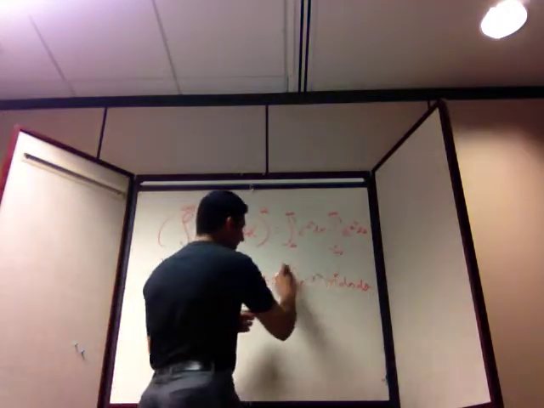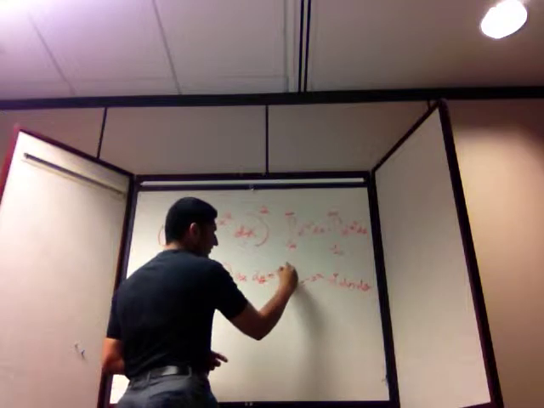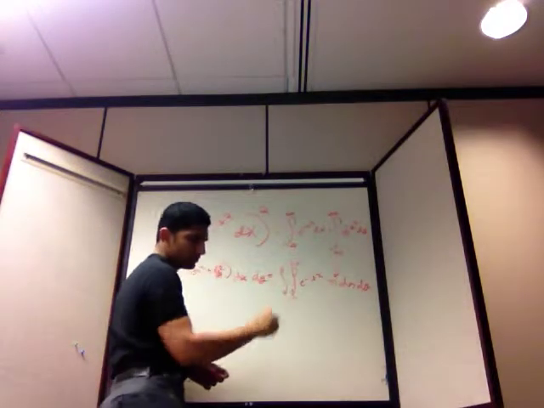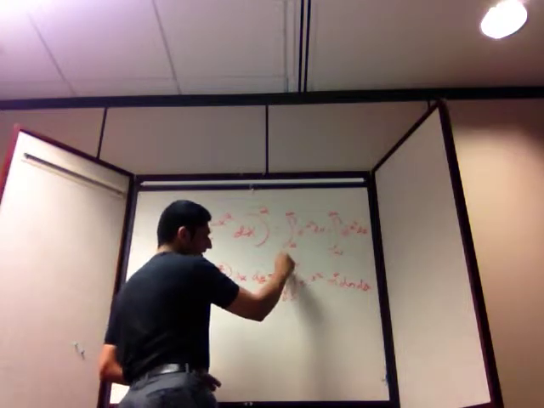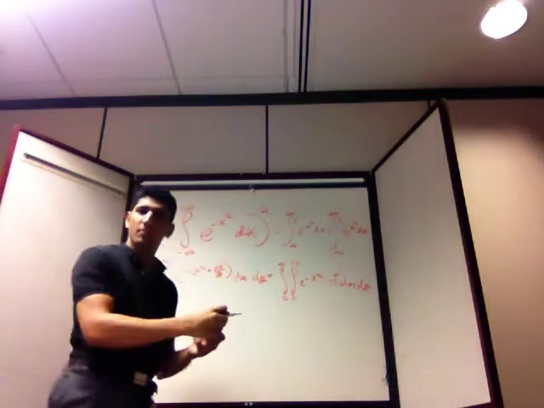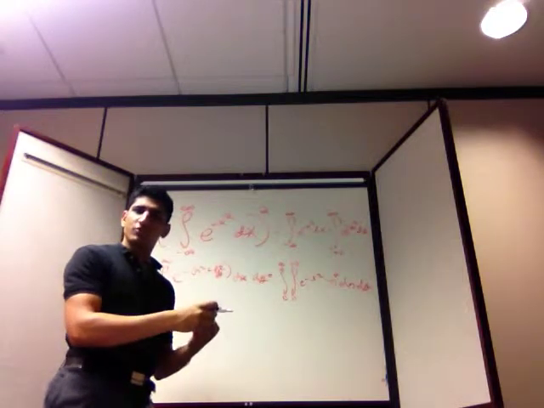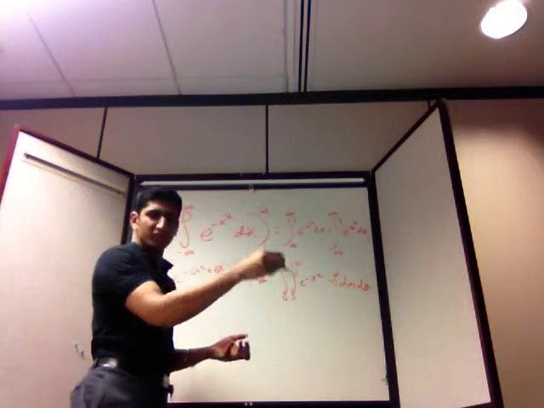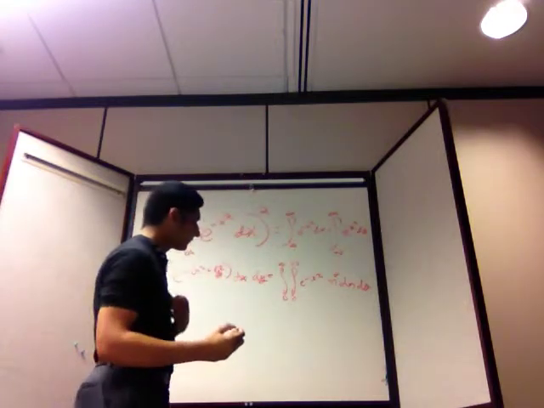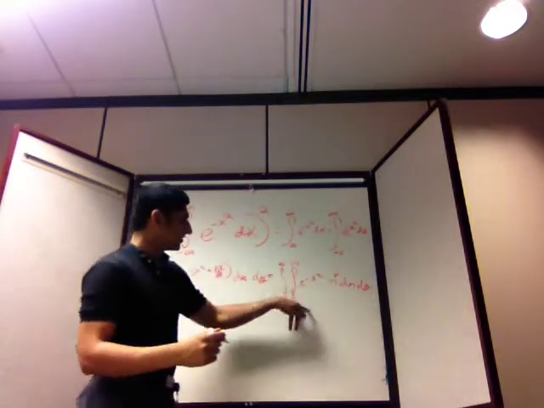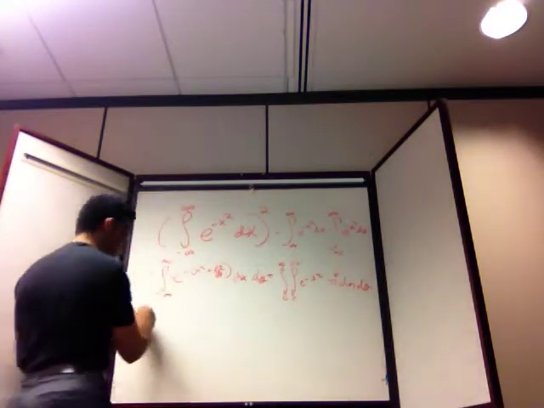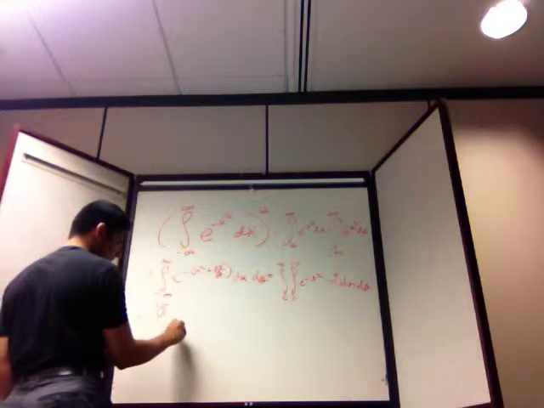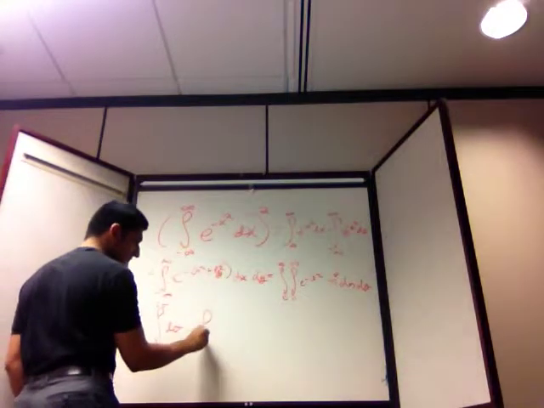And notice that theta is going to range from 0 to 2 pi, and r is going to range from 0 to infinity. Right? r is never negative. r is the distance from the origin, which can only be 0 and can go to infinity, while theta goes from 0 to 2 pi all the way around the circle. Now notice that theta is independent of the r. There's no mixing, so we can write this as the integral from 0 to 2 pi d theta times